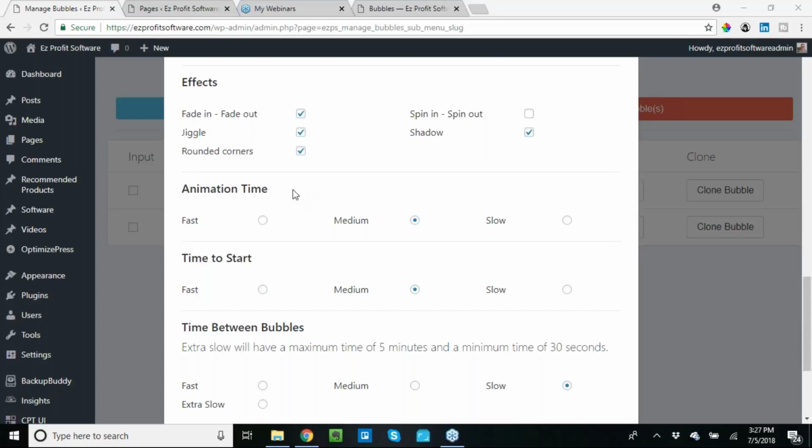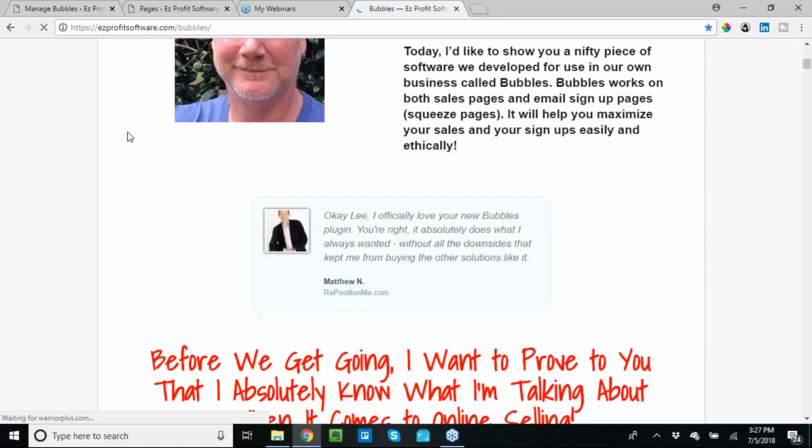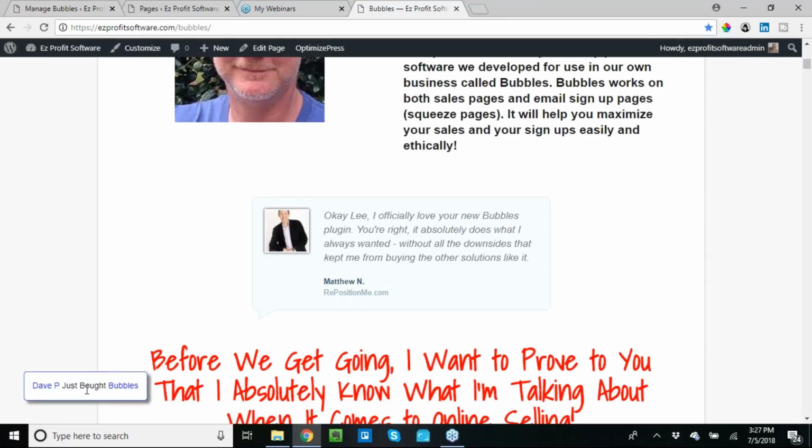Time to start just means, and you just set it for fast, medium, and slow, but just means after the page loads. Well, I hadn't saved it, that's why it's still spinning, but how soon are you going to see one of these things? Even though the time between bubbles is randomized, we got to start sometime, right? I mean, you probably don't want somebody just land on the site and immediately they get a notification. That looks a little weird, unless let's say that you've got a sales letter and you